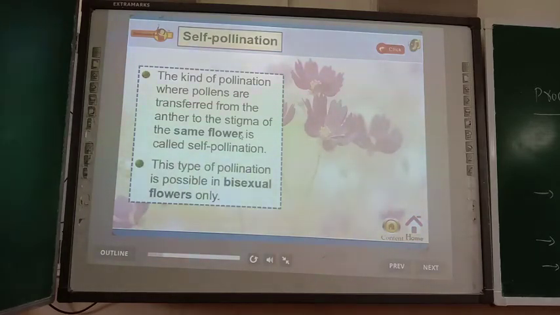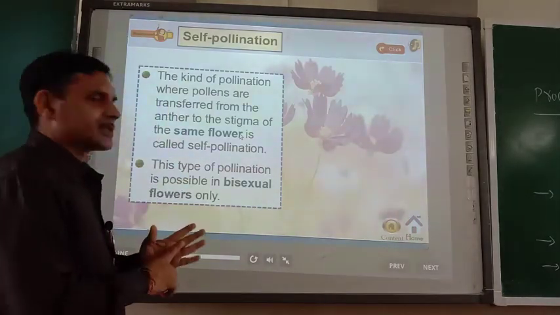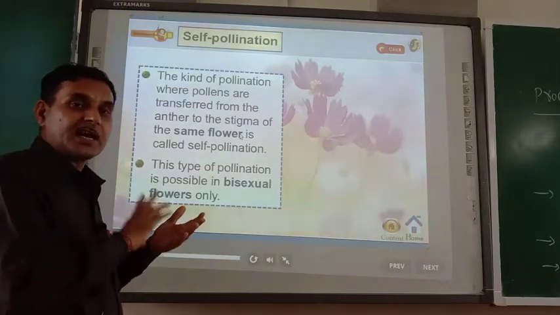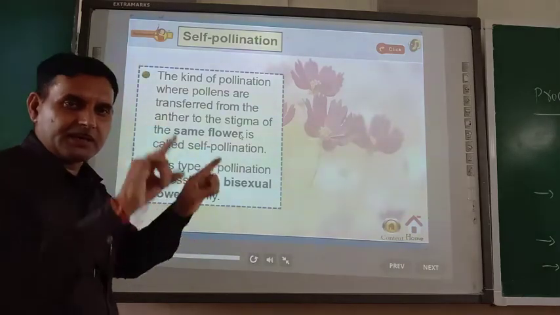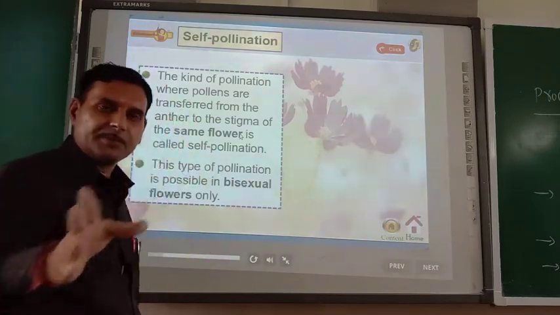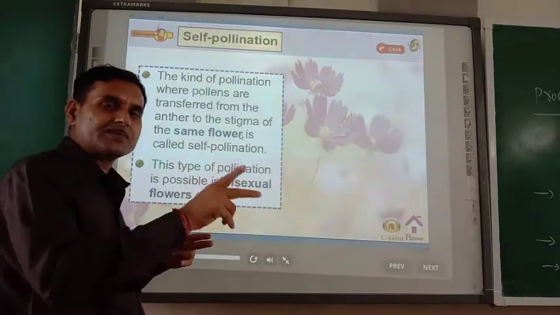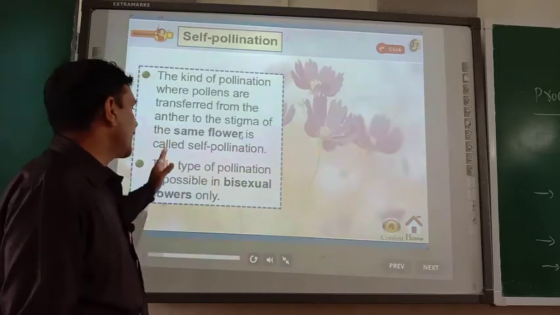This type of pollination is possible in bisexual flowers only. So just remember here, dear cadets, self-pollination means the pollination in which pollens transfer from anther to stigma of the same flower. See, in the bisexual flower, both parts are there, male part and female part. So when pollens transfer from anther to stigma of the same flower, that is known as